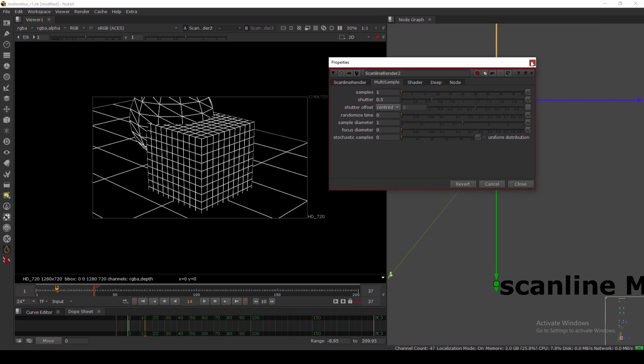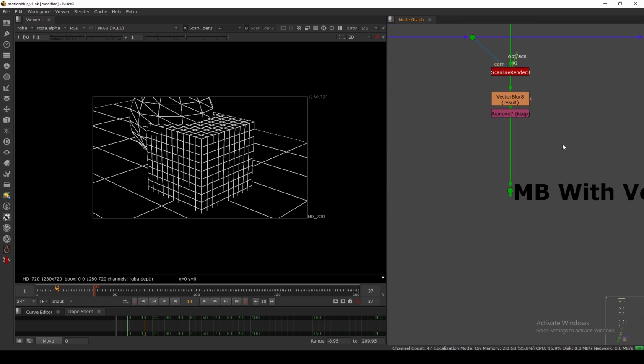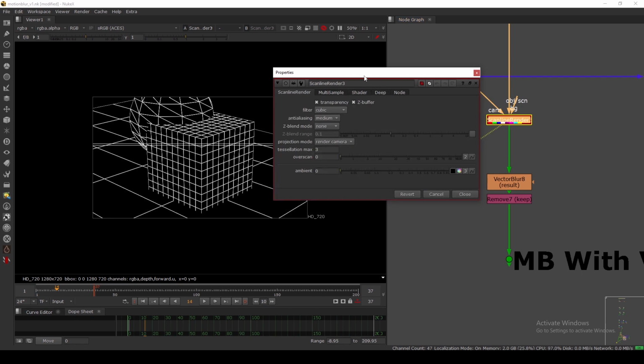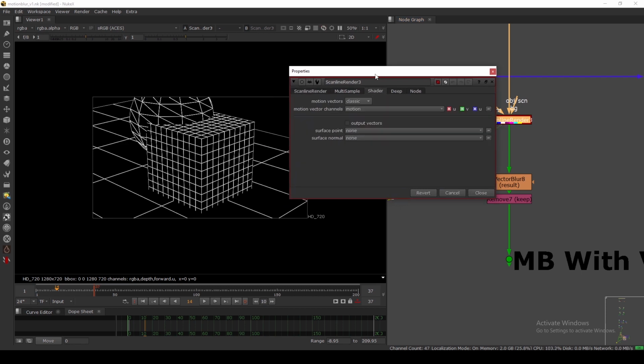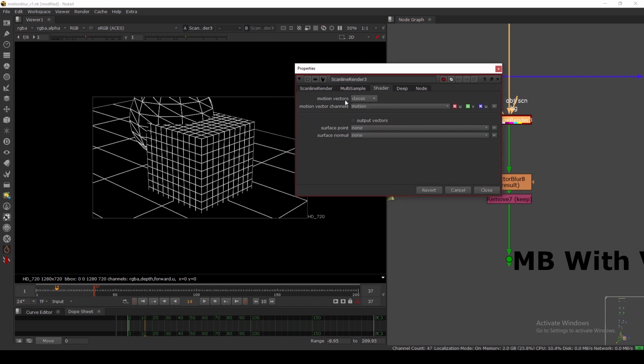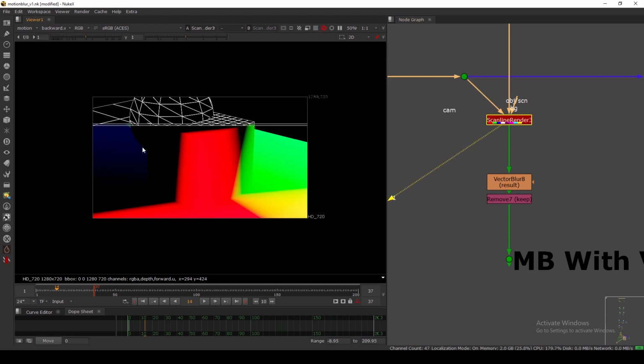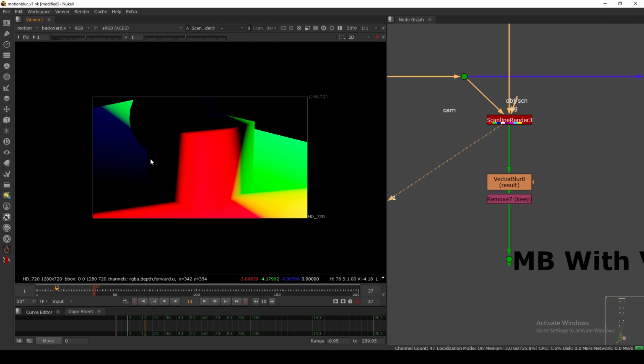What we can do in the next step is use a vector blur. Here in the scanline render, if you go to the shader tab, as you can see, we have this motion vector here. There are a lot of new ways we can add a motion blur, but I'm using the classic one. Just select this one, and in the motion channel just use this motion channel. That's it. Now if you view your motion channel here, we have information